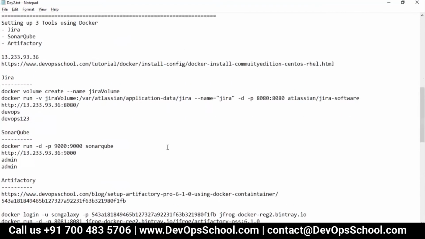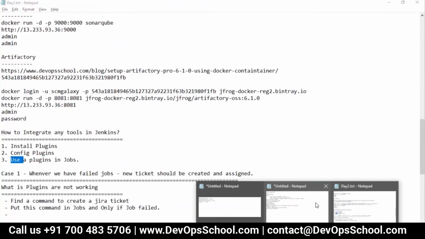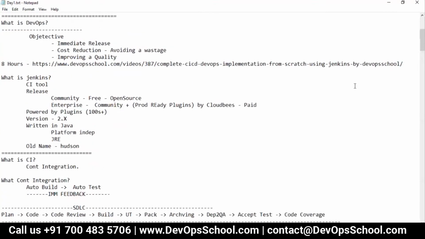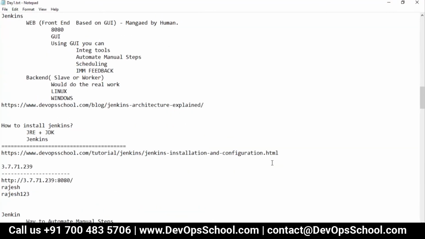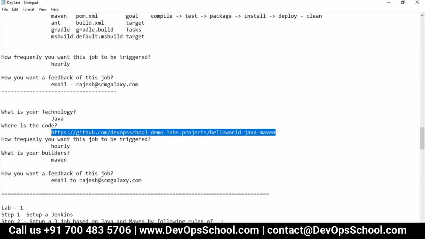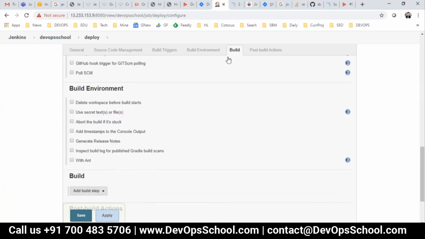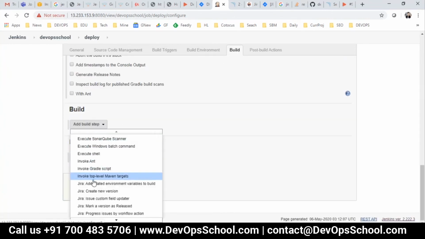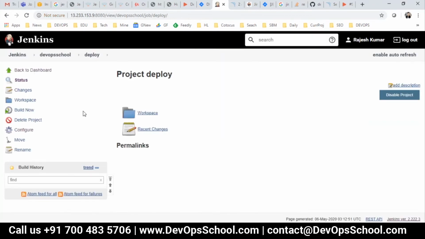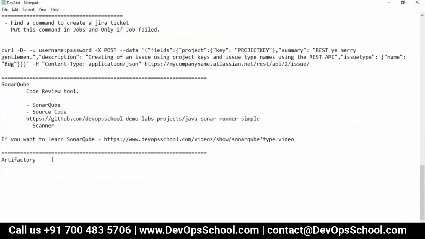Source code management we are going to use as yesterday, that is here it is, repo maven and deploy, and done. Okay, so this is the job which I have got ready to create this thing, Artifactory.